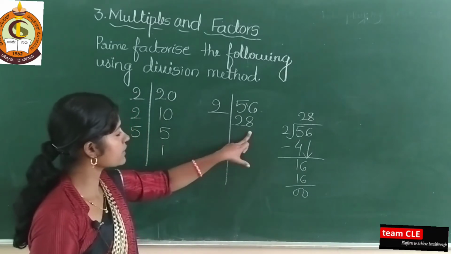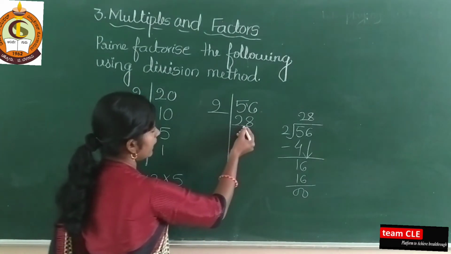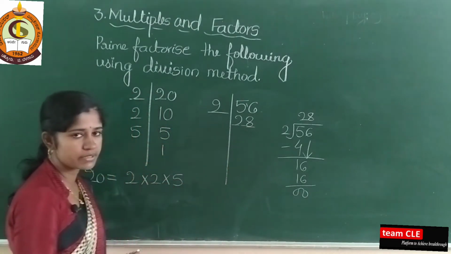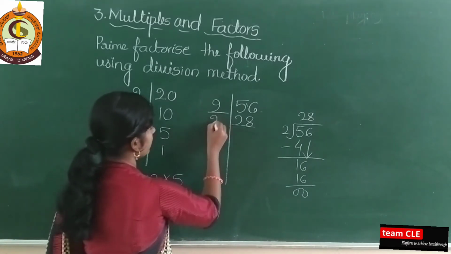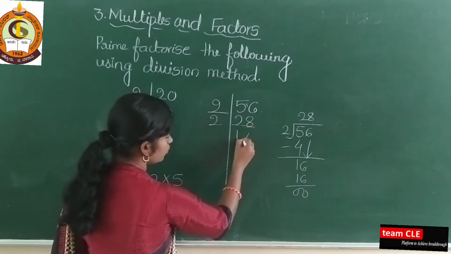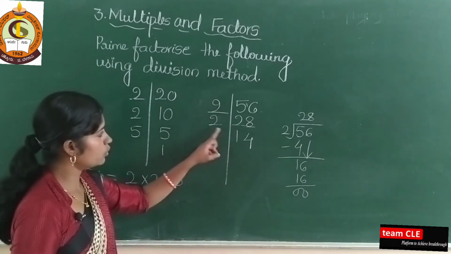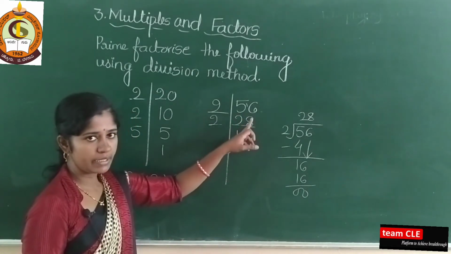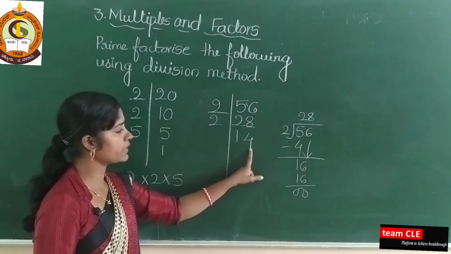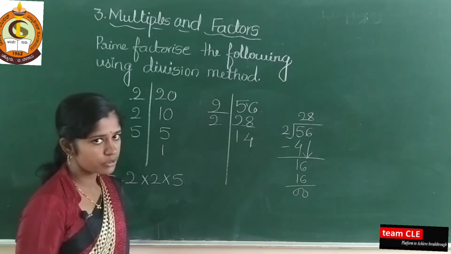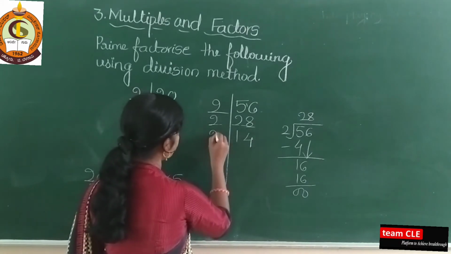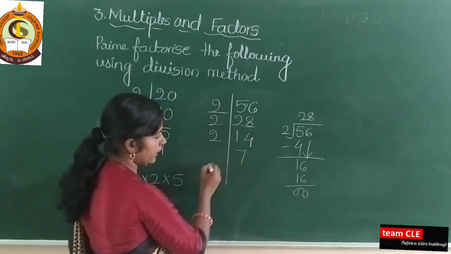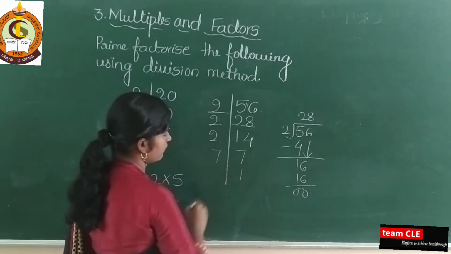Okay. Next see here, 28 is there. So again here 8 is there, which means that the number is divisible by 2. So take 2 here: 2 ones are 2, 2 4s are 8. Again here 4 is there, which means the number is divisible by 2. So 2 how much are 14? 2 7s are 14, and directly you take 7 ones are 7.